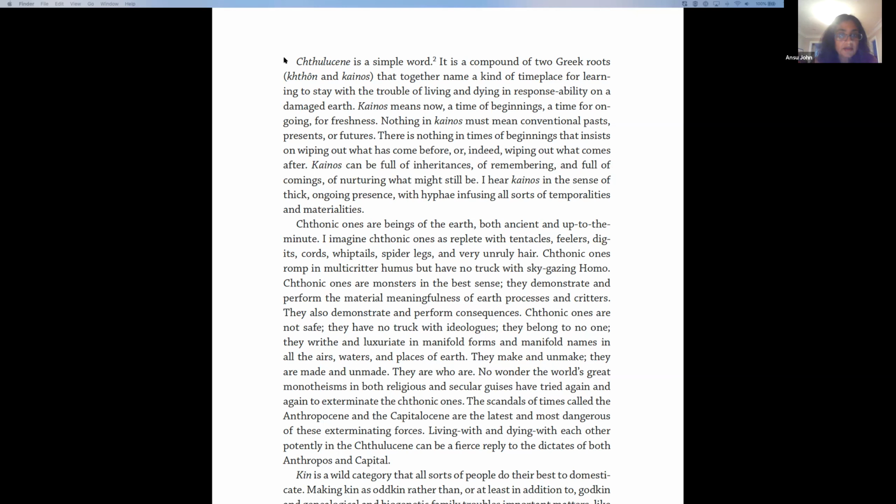Chthonic ones are not safe. They have no truck with ideologues. They belong to no one. They writhe and luxuriate in manifold forms and manifold names in all the airs, waters, and places of earth. They make and unmake. They are made and unmade. They are who they are. No wonder the world's great monotheisms, in both religious and secular guises, have tried again and again to exterminate